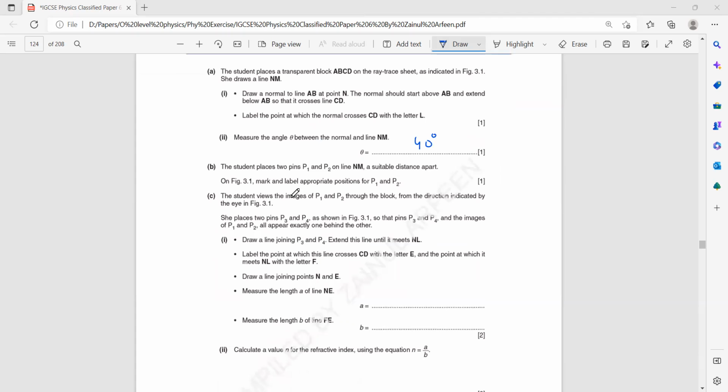Then a student views the image of P1 and P2 through a block from a direction indicated. She places two pins P3 and P4 so that P3 and P4 and the image of P1 appear exactly behind. What you have to do is draw a line joining P3 and P4 and extend it until it meets